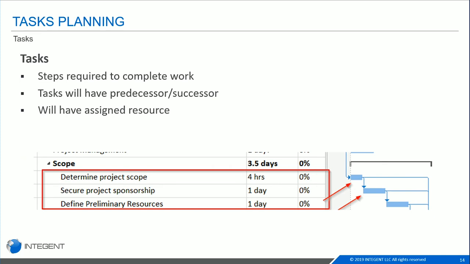The next part of your task planning should be the subtasks underneath it. The steps required to complete the work are your tasks. These are what will have those relationships, how you can connect all of your tasks together in a way that makes sense. These will also have an assigned resource if you're looking at doing resource planning. I do sometimes see no resources put on a project, which is fine if that's all you really need. You're just very task centric, but you can have those resources assigned so you have that visibility into what are my resources doing, what are my people doing,